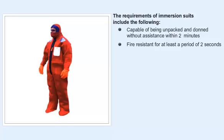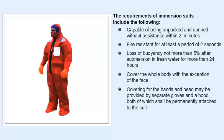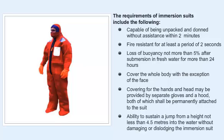Fire resistant for at least a period of 2 seconds. Loss of buoyancy not more than 5% after submersion in fresh water for more than 24 hours. Cover the whole body with the exception of the face. Covering for the hands and head may be provided by separate gloves and a hood, both of which shall be permanently attached to the suit. Ability to sustain a jump from a height not less than 4.5 meters into the water without damaging or dislodging